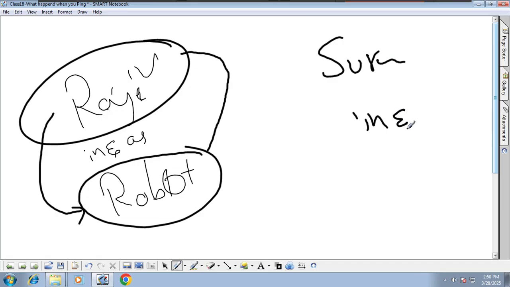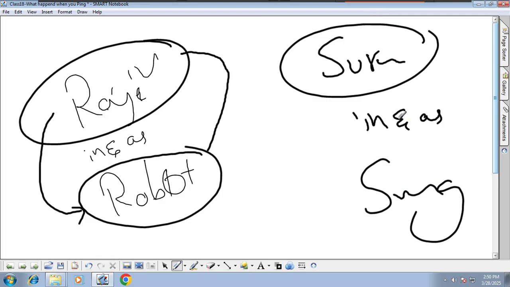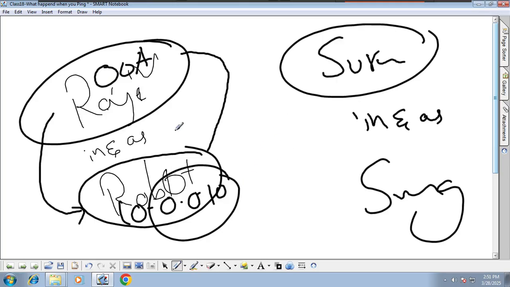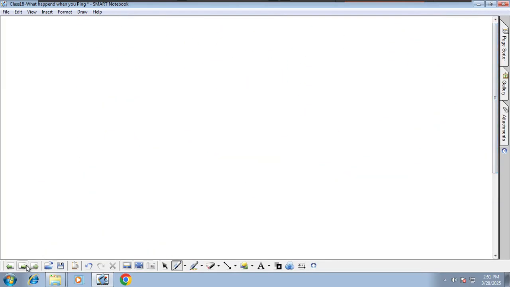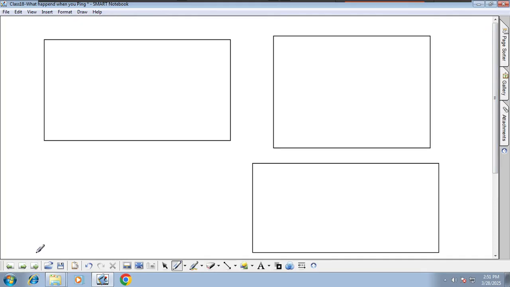Surya in and as Singam, which means the actor Surya in Singam is acting as Singam, which means binding. They are bound to their characters. Similarly, a MAC address is bound in the 10 network to the given IP address. So binding, just a simple example. If you don't like it, just ignore it. Understand the topic. My aim is to make you understand the concept with a few real life examples. That's all. So this is the concept of the relation between MAC address and IP address,